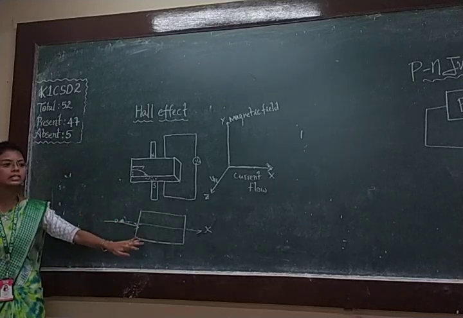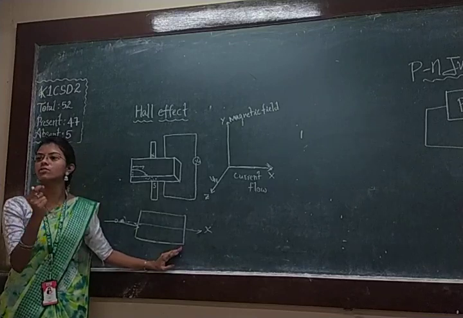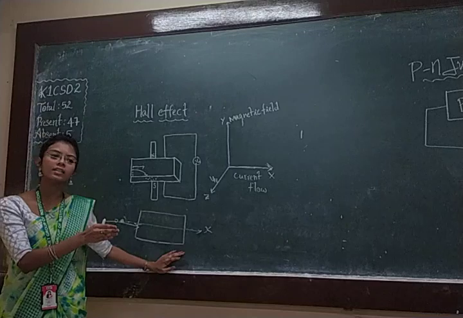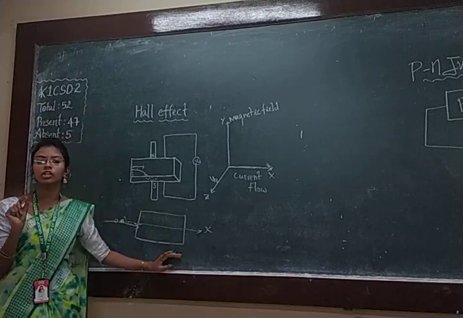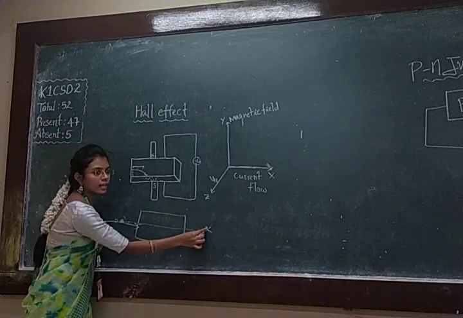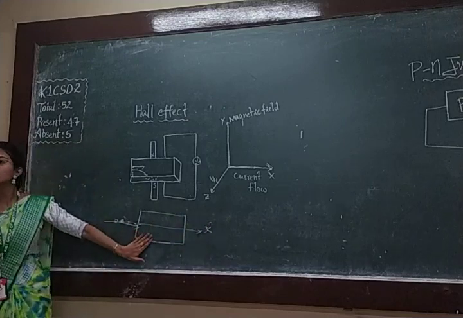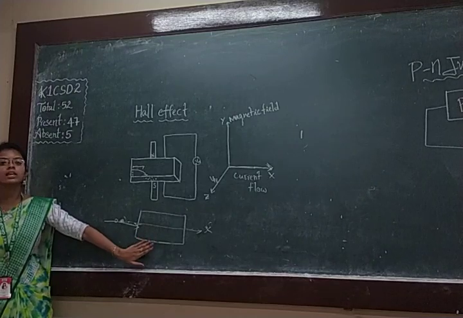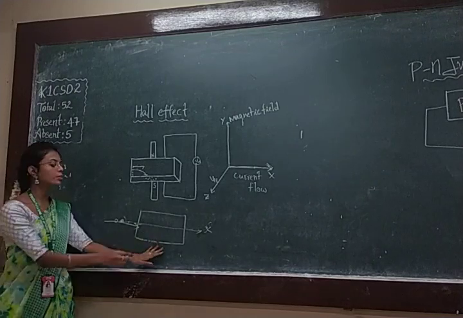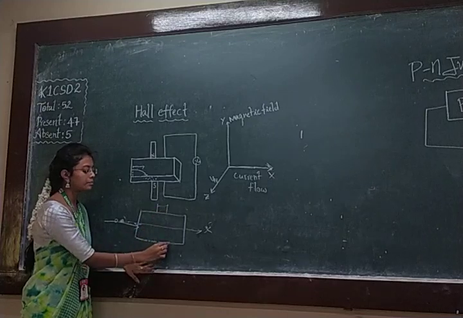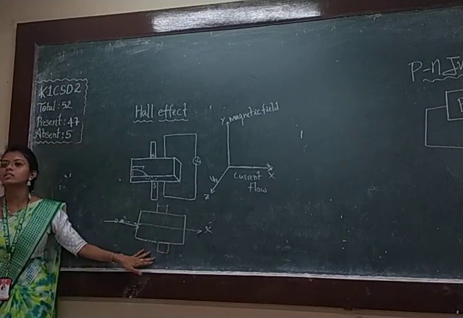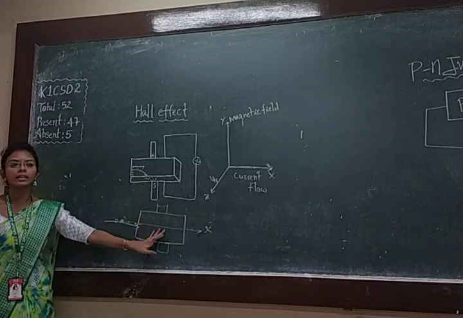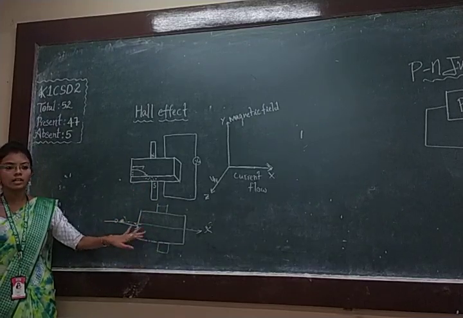So whenever you take a semiconductor and you pass the electrons through the semiconductor, what happens? It will move from one side to the other side in a particular one direction only. And what I said, it is the x direction. Now for the same semiconductor, the same one we used at first, I am going to put a magnet. I am going to provide an external magnetic field, in a perpendicular direction to the semiconductor.